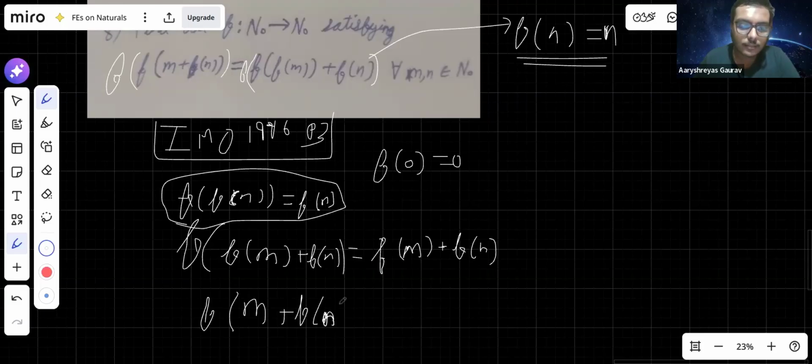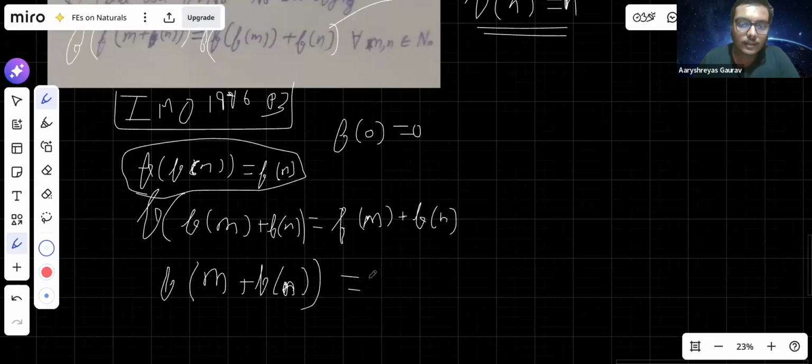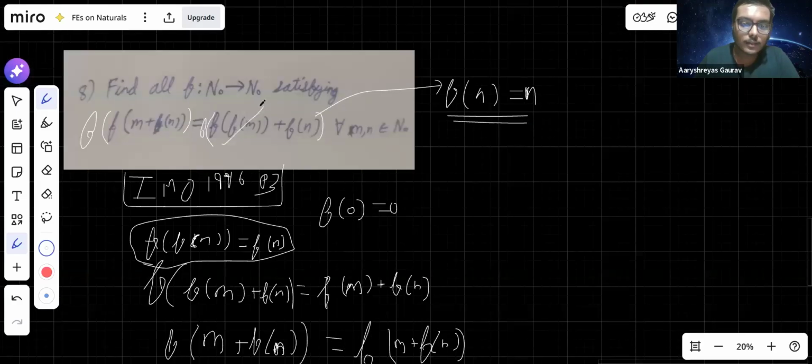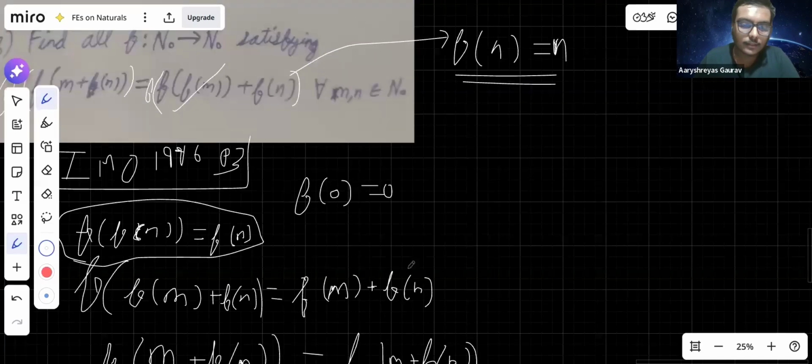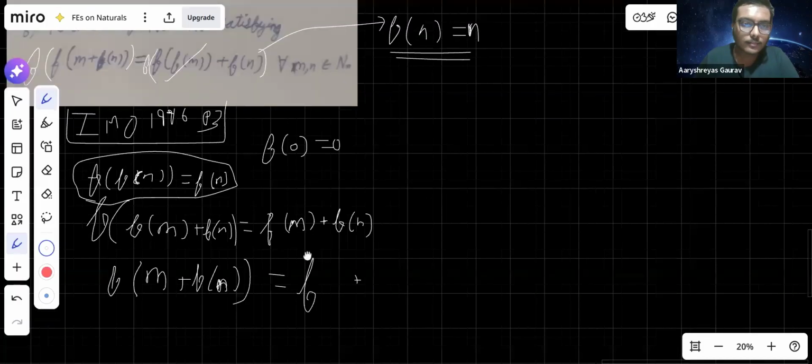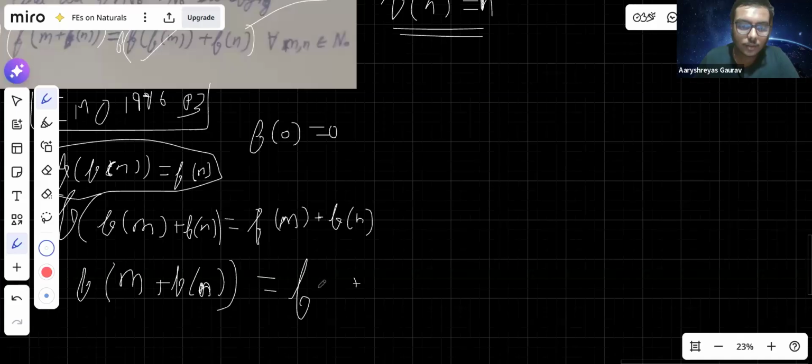Sorry, this is n, and the right hand side will look like f of m plus... no. It is just going to get this. Wait a second, what am I writing? Sorry, sir. Erase this. Yeah, it is going to look like